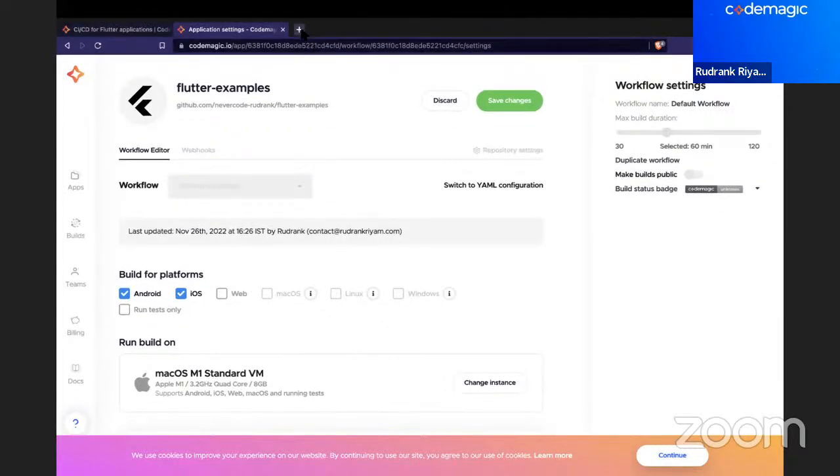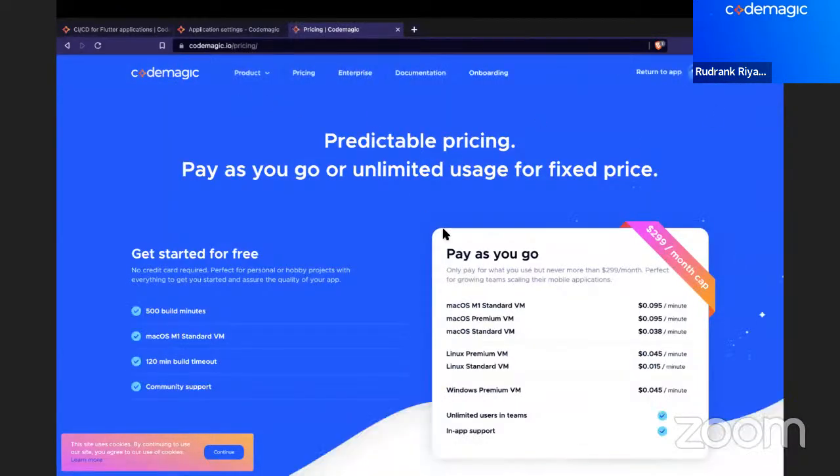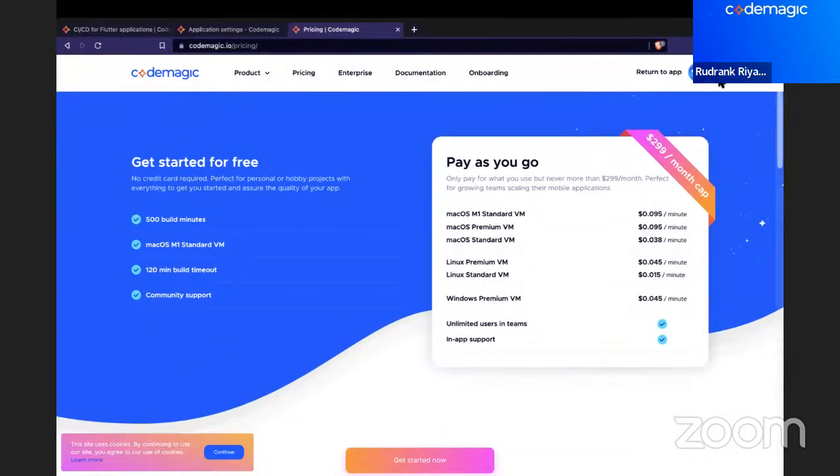But the thing with Codemagic is that if I go to the pricing page, it says that you pay as you grow, and a macOS standard M1 standard premium is like $0.095 per minute. So let's see, if you're consuming 100 minutes, it's just $9.5, which I think is very cheap and affordable when it comes to the CI/CD experience, because 100 minutes is a lot. Let's say if your project is big and it takes around 10 minutes, then you get 10 builds for just